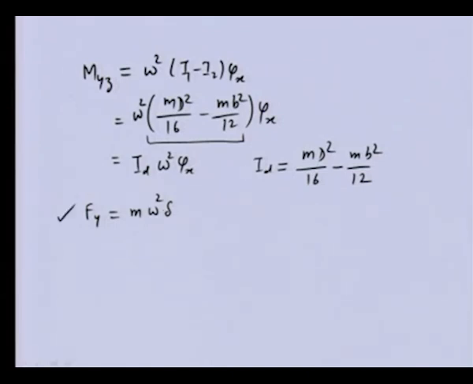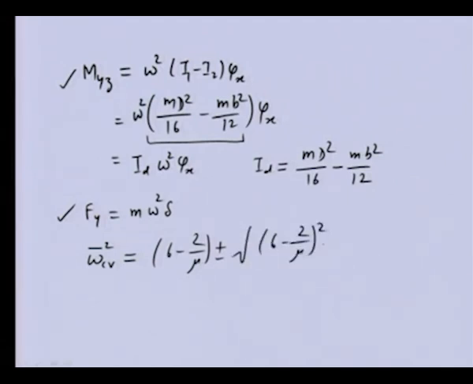So, as such, these two expressions are similar to those for the thin disk. That means whatever analysis we did in the previous case is valid here also. That means the natural frequency, the critical speed which we obtained in the thin disk case, is equally valid here. So, this was the expression we derived in the previous lecture. This is still valid here,